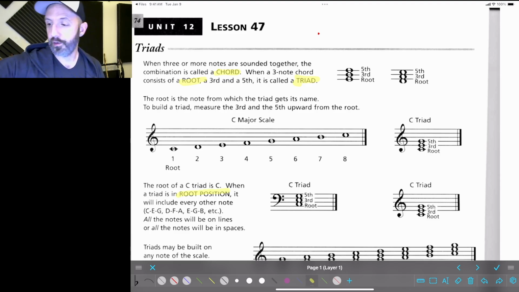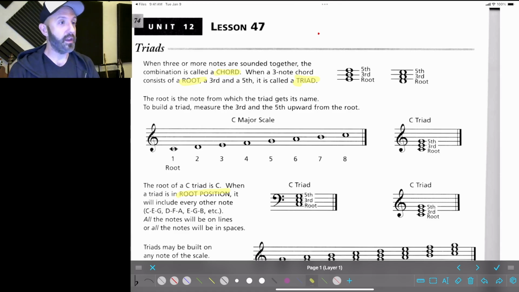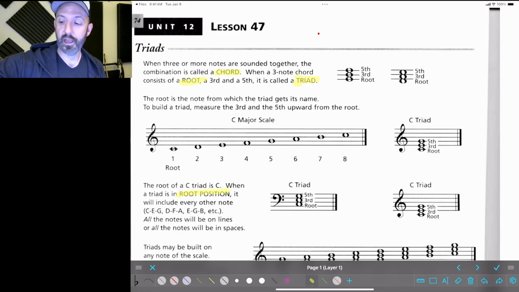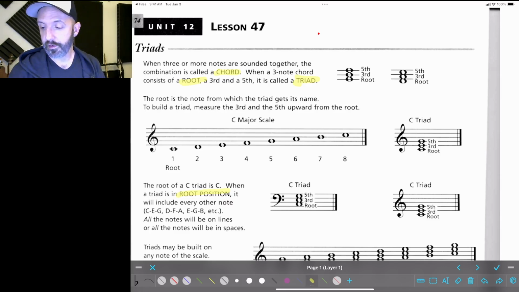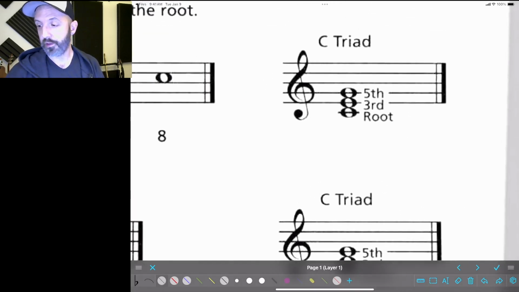Just be aware. So a 3-note chord. So we covered intervals, which is 2 notes. So when you have a 3rd note, now you're dealing with a chord. And the ones that they're talking about is a root, a 3rd, and a 5th. So they're named. So the root is the root. The 3rd is an interval of a 3rd above the root, and the 5th is